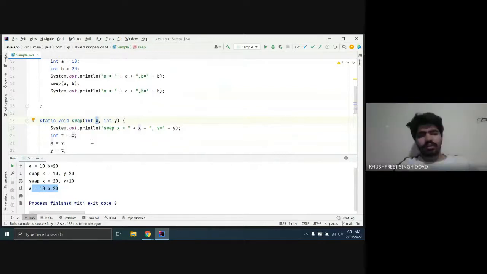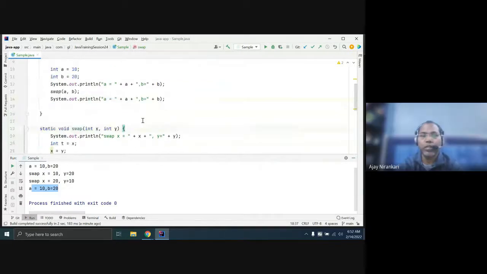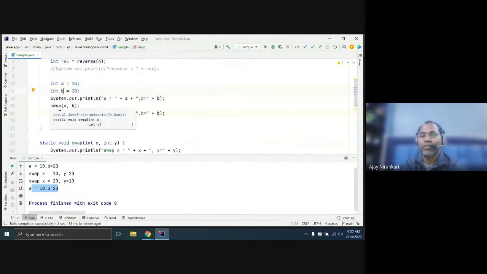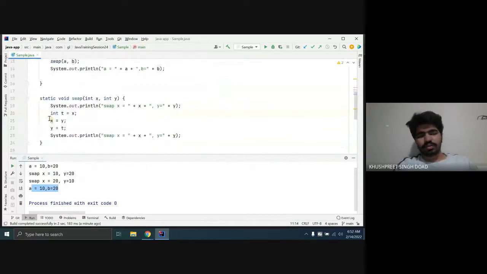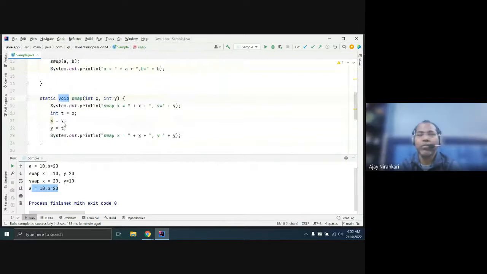Sir, in the swap method, what if we write return y and x? Yes, then it will return, but it will not change A and B. Until you are not writing A equal to something, B equal to something, they will not change.